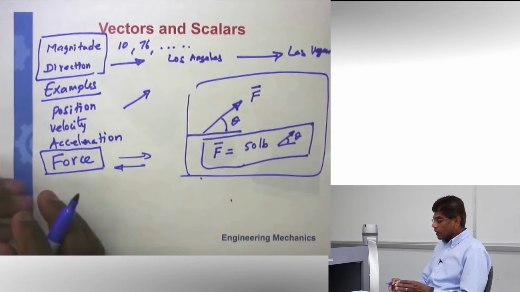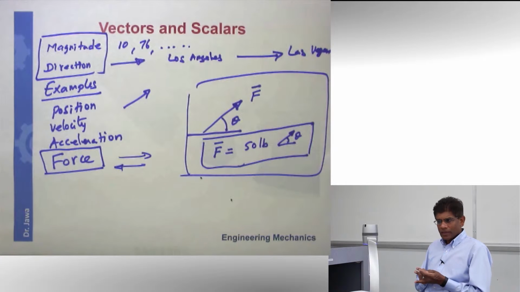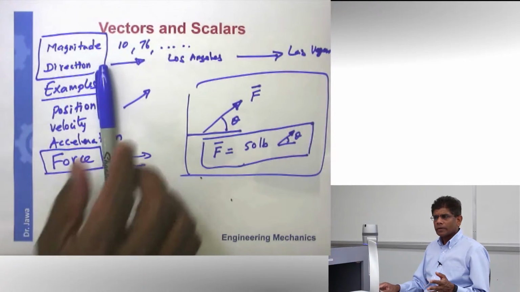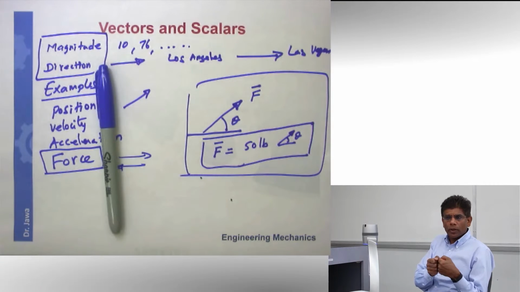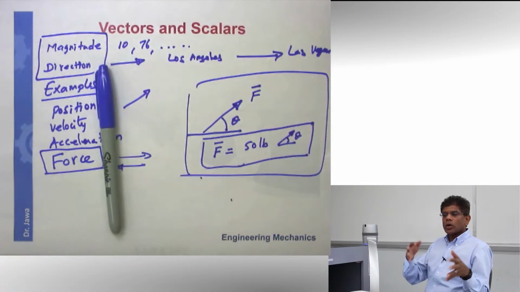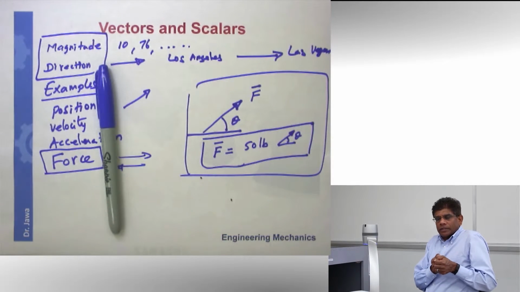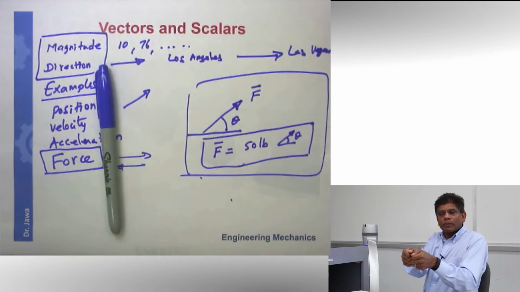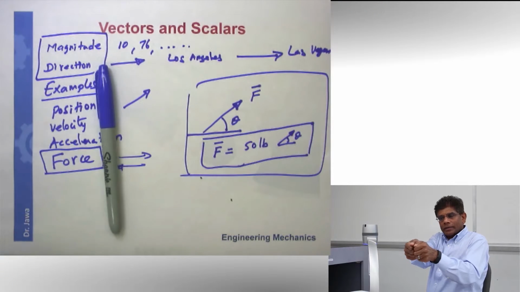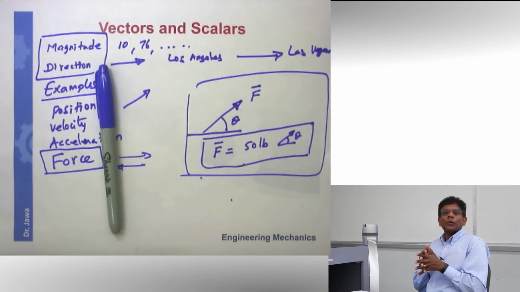All right? So now that we know how to represent a vector, we know what a vector is, the next topic is on how can we manipulate these vectors. And why do we have to do that? Think about it. You are applying some force. Say you want to pull something. It is too heavy for you to pull in, so you ask someone else to help. So let's say you have this big furniture. Two of us are pulling. We tie a rope, I pull this way, the other person pulls that way. So each one of us is applying certain amount of force and pulling it in a direction with a hope this big piece of furniture is going to move towards us.